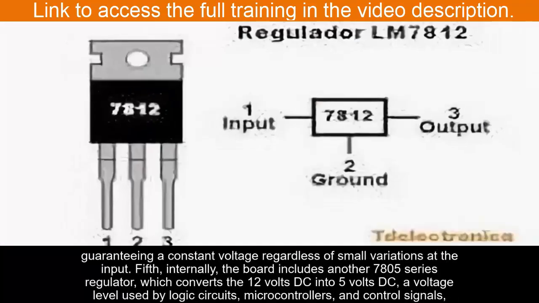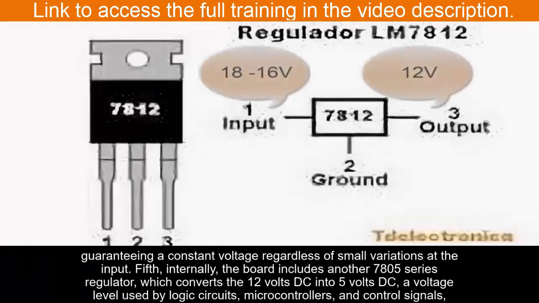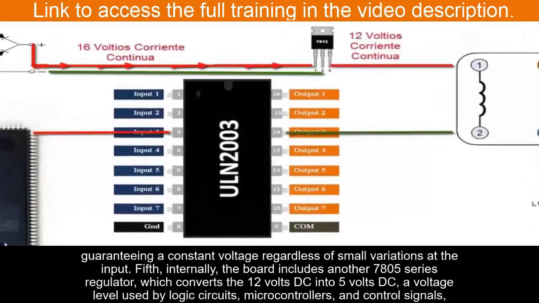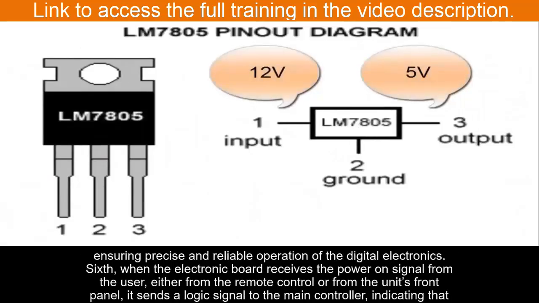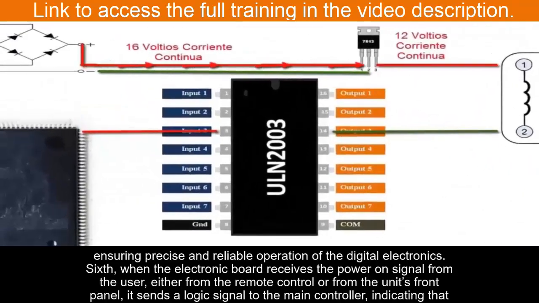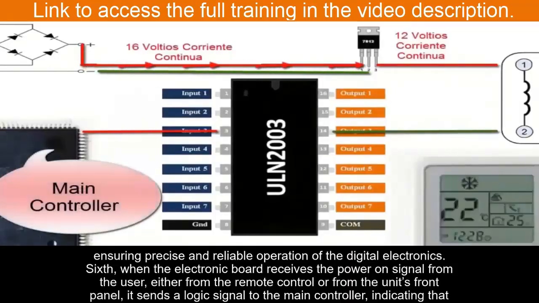at the input. Fifth, internally, the board includes another 7805 series regulator, which converts the 12 volts DC into 5 volts DC, a voltage level used by logic circuits, microcontrollers, and control signals, ensuring precise and reliable operation of the digital electronics. Sixth, when the electronic board receives the power-on signal from the user, either from the remote control or